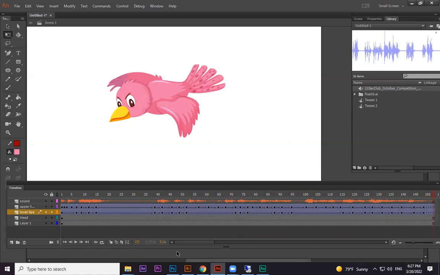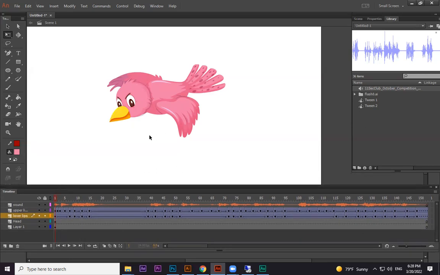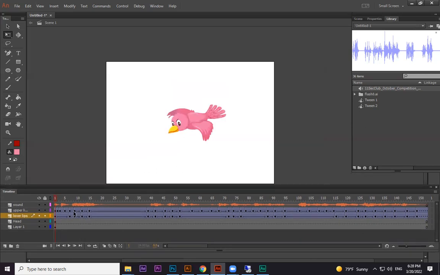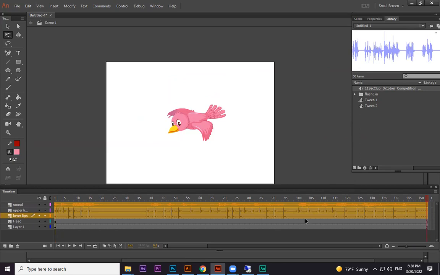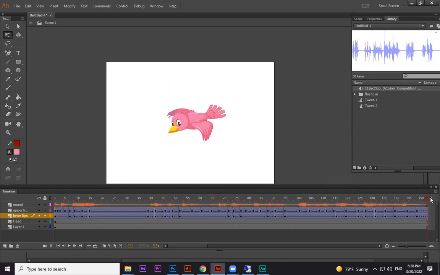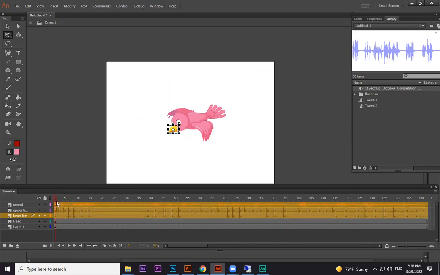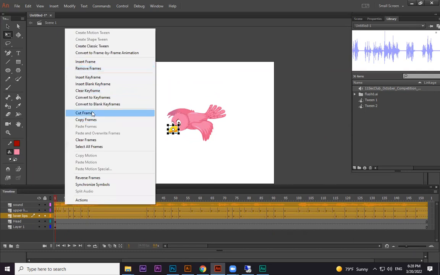Correct. Now these portions, the lips only, we have done. Correct. Now we need to animate this one with the head. So this portion we already did. So these three things. From here to, if I cut frames,